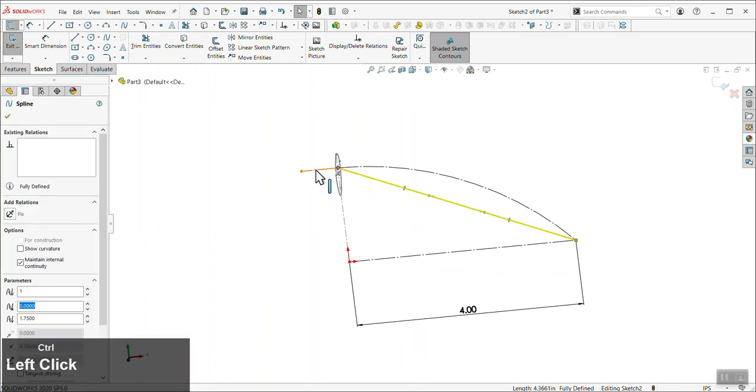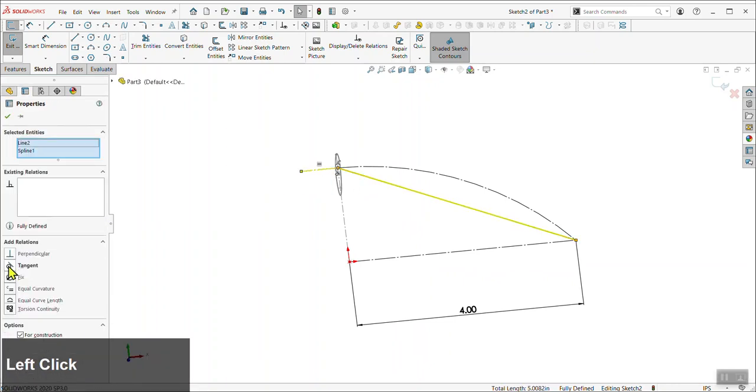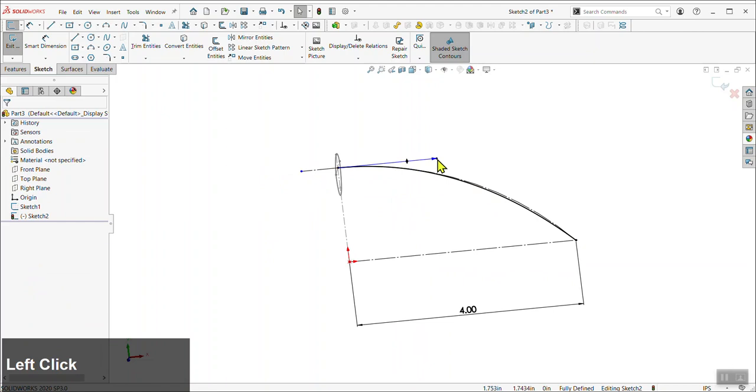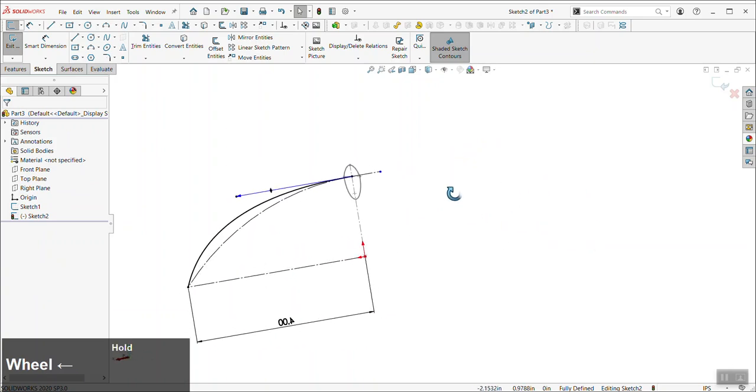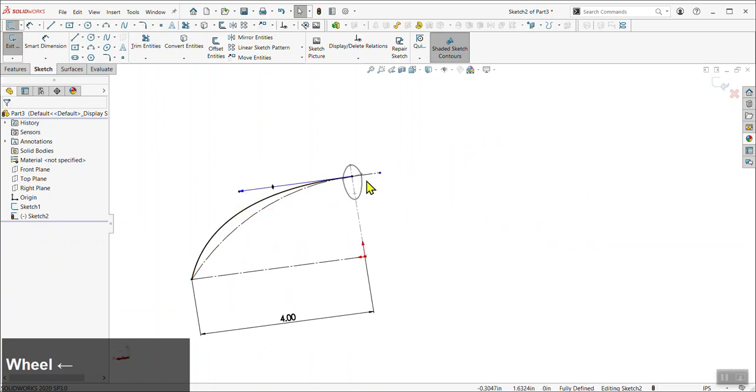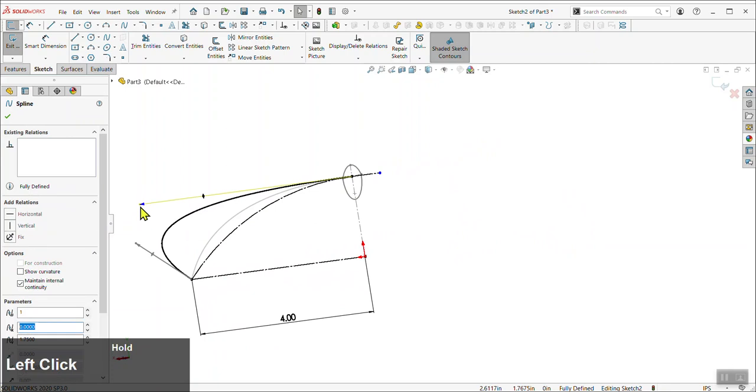But then we're going to select our spline and our floating horizontal line and tell them to be tangent to each other. And that will bring up a sort of blue arrow that allows you to set your spline, so you could have a slightly more custom curvature for your handle. I'm just going to drag the blue line a little bit over. You don't want to do anything too crazy, otherwise the sweep will fail because it'll be too tight of a